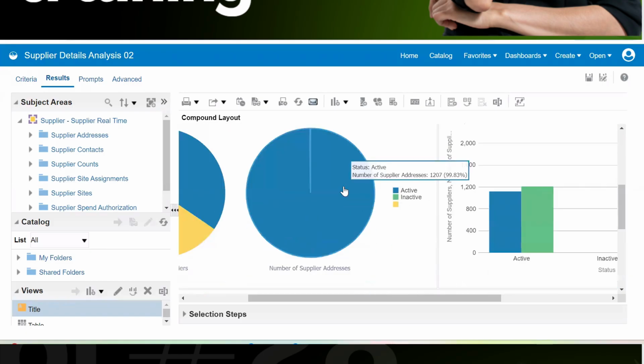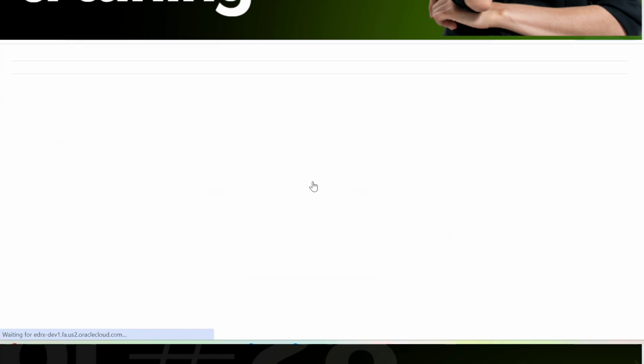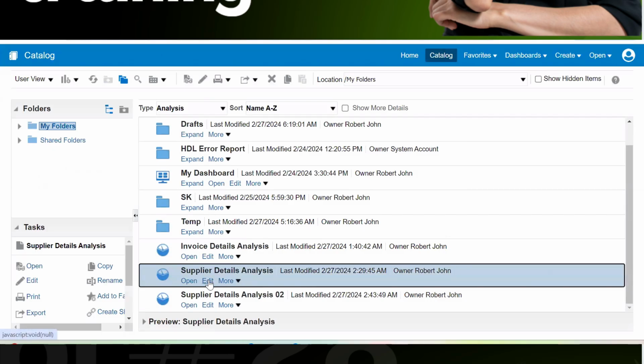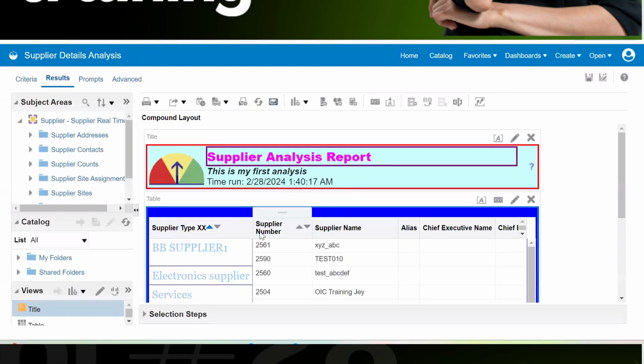Okay, hope this is clear. Coming back to the other analysis that we have created, in which we have multiple tables or multiple columns, if we go to the edit section for this particular column, in case we do not want to have this, we can remove the heading by removing the access.